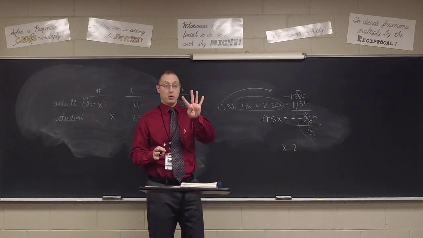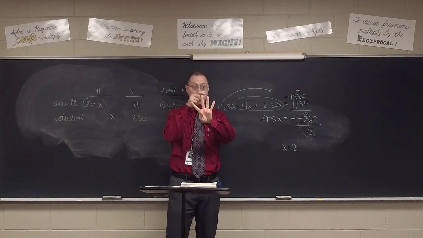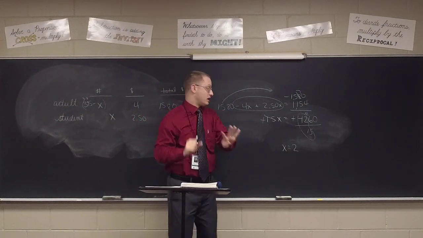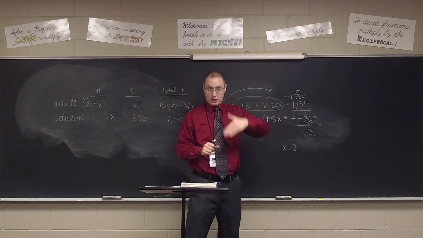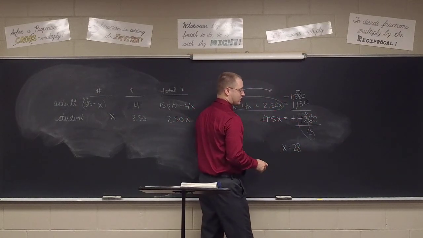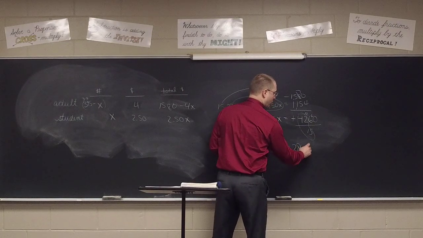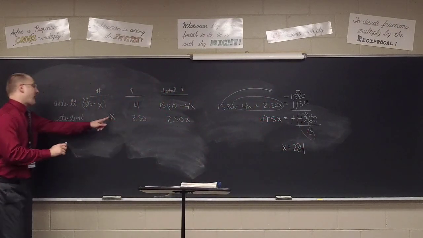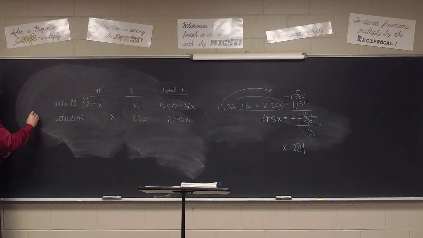Good, because remember, 4 15s makes a 60, right? On the clock, 15, 15, 15, 15 gives you 60. 126 is 2 60s, right? So that'd be 8. That leaves you with 6. And of course, 15 into 60 is 4. So that means apparently the X, which I called student then, would be 284 student tickets,